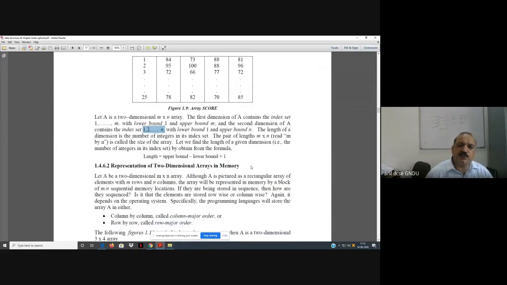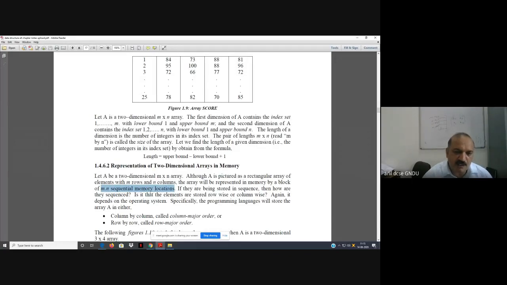Now, representation of two-dimensional arrays in memory. Let A be a two-dimensional m into n array. Now we know what m and n are. Although A is pictured as a rectangular array with m rows and n columns, the array will be represented in memory by a block of m into n sequential memory locations. This is important.